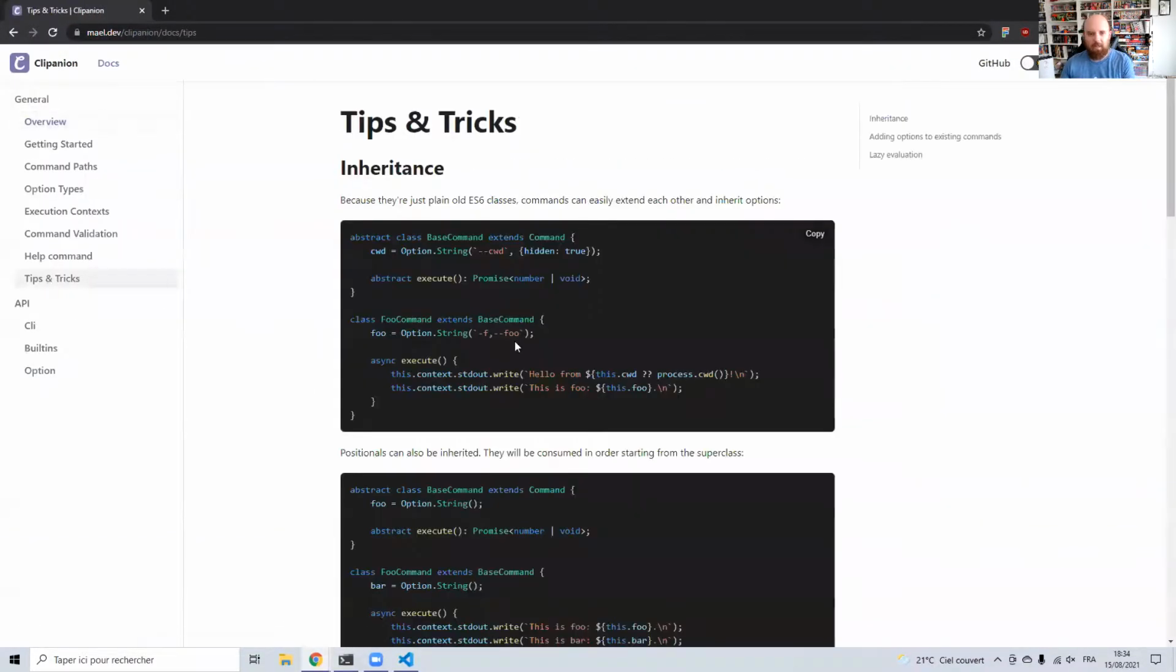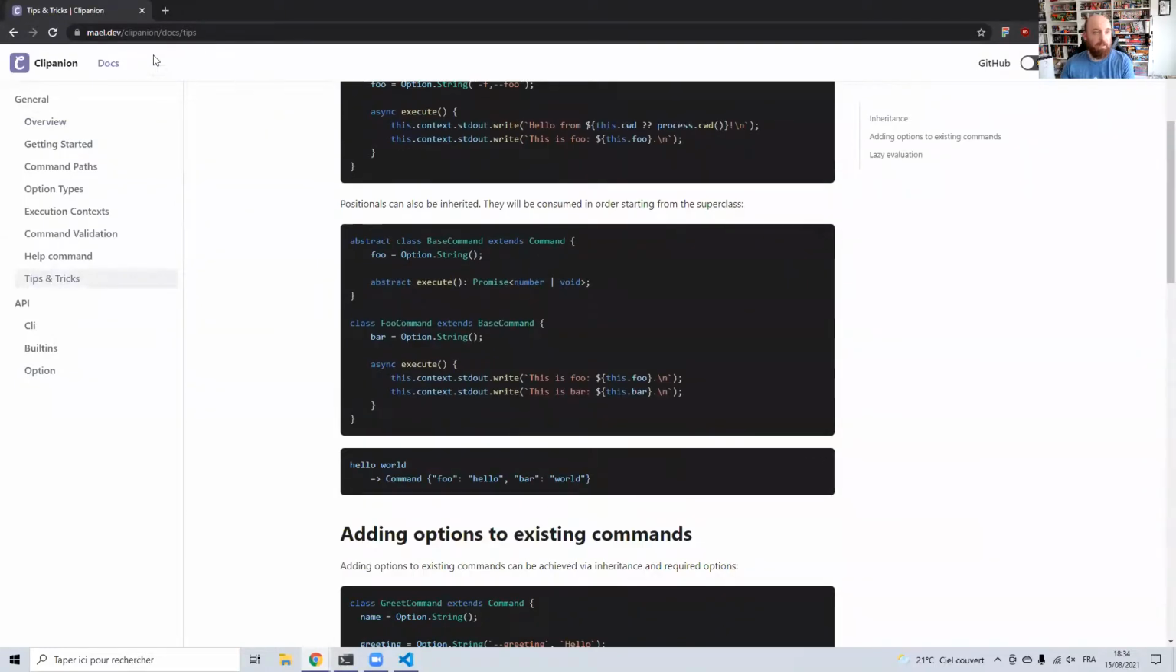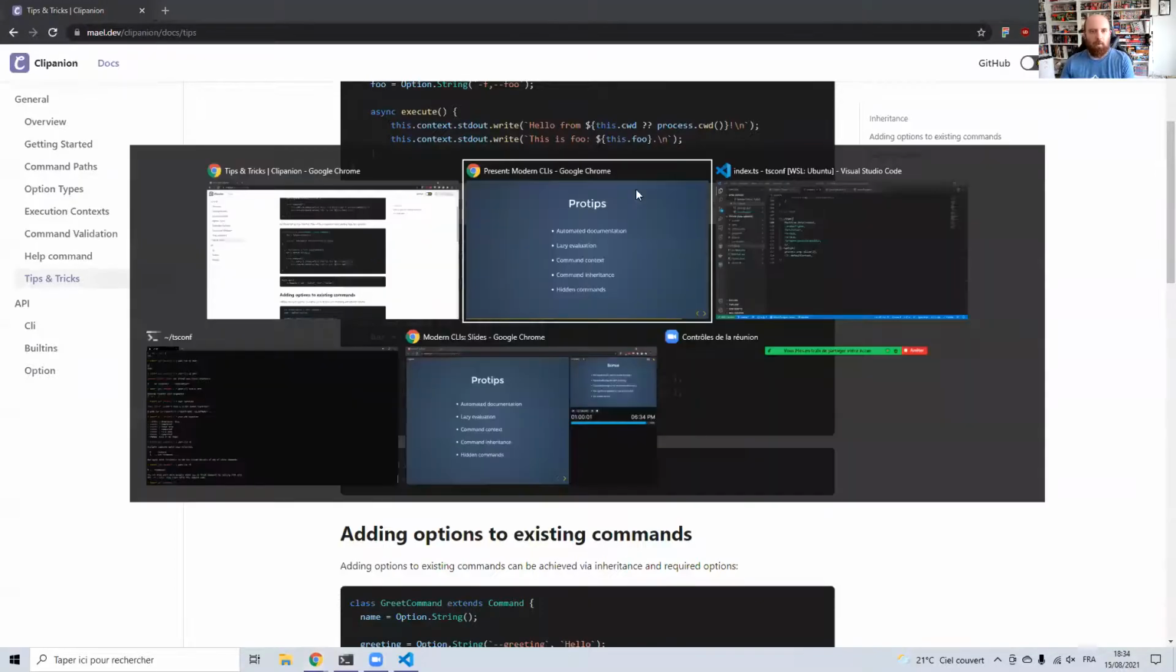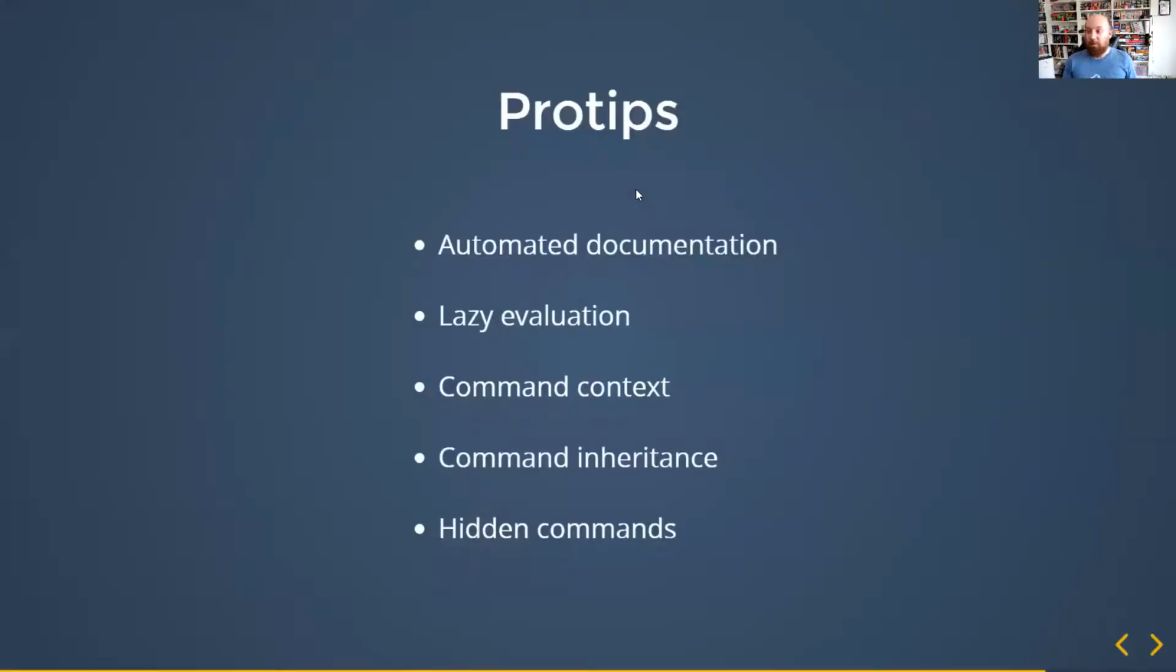We have tips and tricks here, and they are all defined. So the documentation is on mael.dev/Clipanion. Clipanion is very comprehensive. It contains a lot of things, and it really helps when writing TypeScript applications, because as